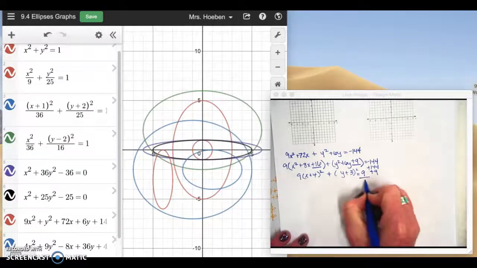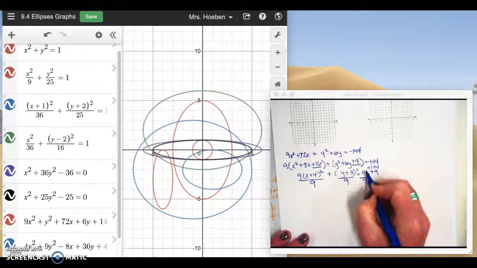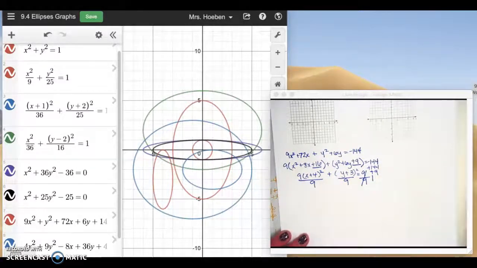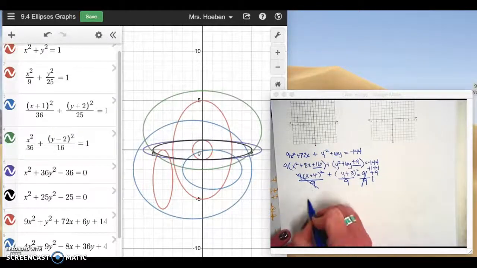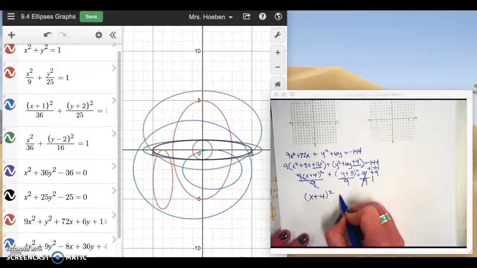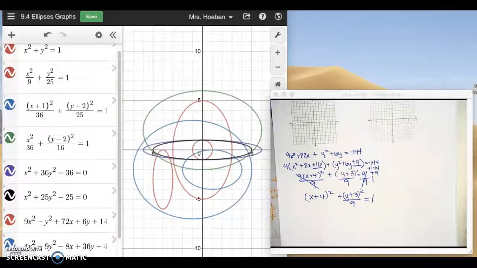So we divide everything by 9. Watch what happens. These 9's go to 1, which is how we want it. And these 9's also go to 1. So we have x plus 4 squared plus y plus 3 squared over 9 equals 1. And now it's in standard form. Okay? So if you get an equation